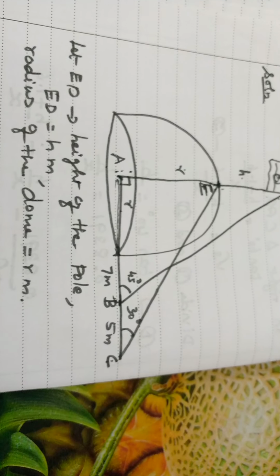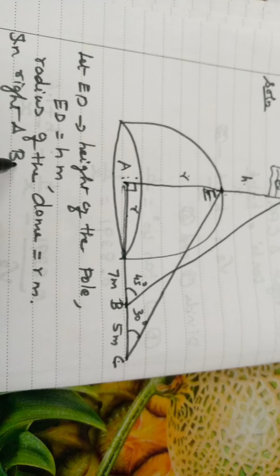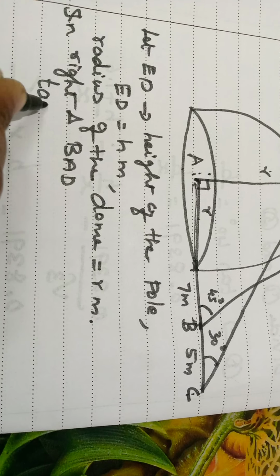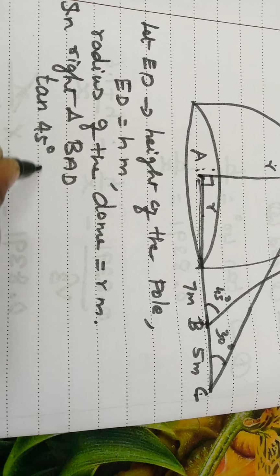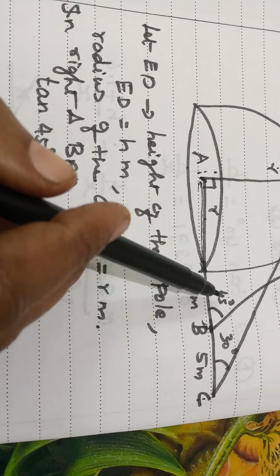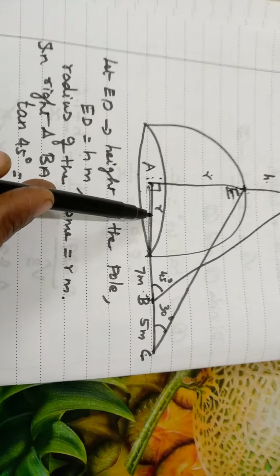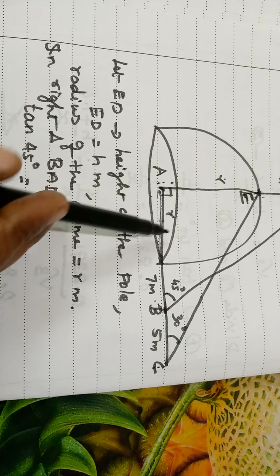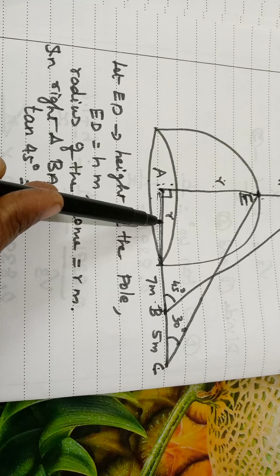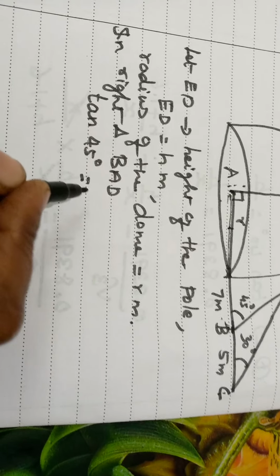So in right triangle BAD, here the angle is 45 degree now. So tan theta we are going to use. So tan 45 degree is equal to, to find this opposite side, we are going to use the tan ratio. Okay, hypotenuse is not there, adjacent value is there. Okay, this adjacent we need. This R and this R is same, no? What is it? Radius. So tan ratio can be used here. Okay, tan 45 value is 1.